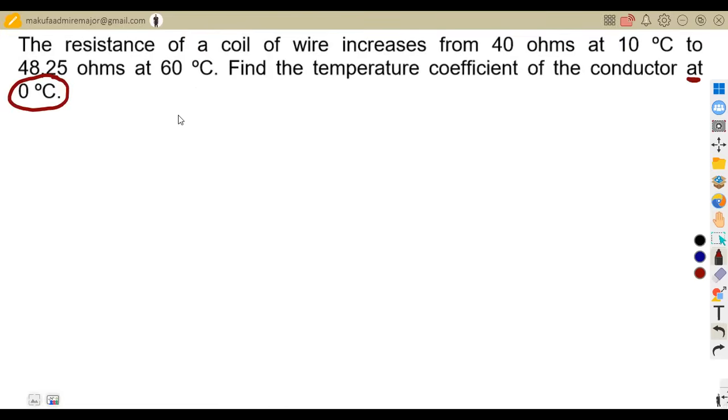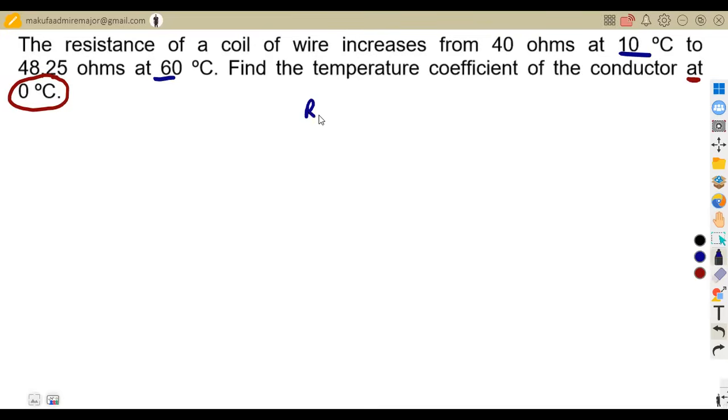We were given temperatures 10 degrees, this and that. We are given different temperatures at 10 degrees, at 60, but we do not see a condition whereby the temperature coefficient of resistance is given at the initial temperature, which was supposed to be given at 10 degrees Celsius. But we are given it at 0 degrees Celsius. So we are back to the same formula that I explained before, that we are going to use the formula